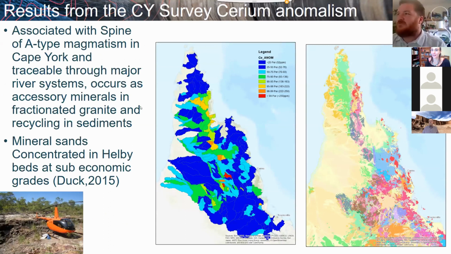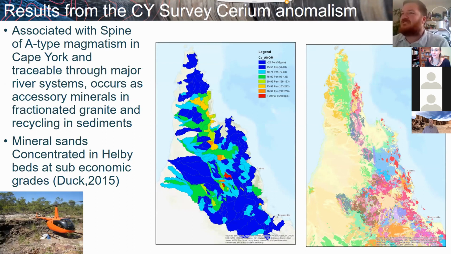So this is the results from the Cape York catchment survey. Results highlight some contributions from particular granites, but also significant recycling of these contributions. So in the southern part of the survey area, the association of elements indicates that the anomalism is associated with the magmatic rocks, whereas when you go north, there's indications, particularly europium content, that the anomalism is associated with recycled rare earth bearing sediments in the Helby